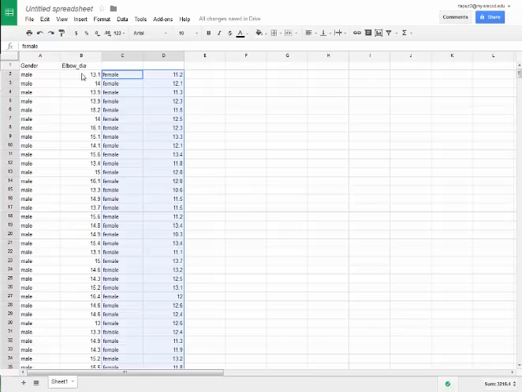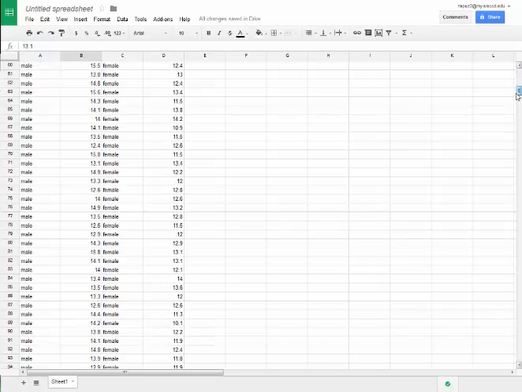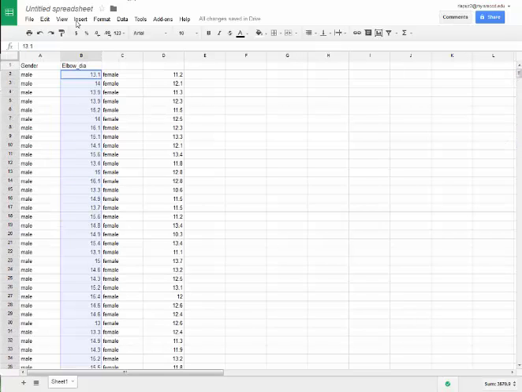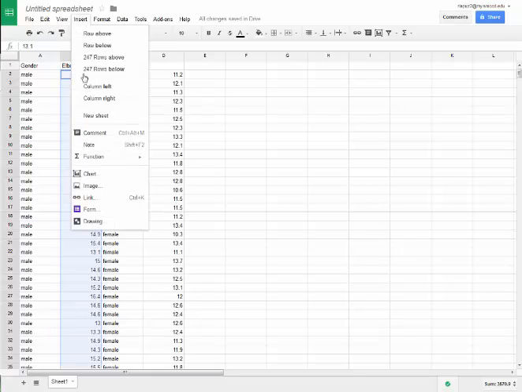So okay, let's first make a histogram for the males. I'm going to again click on that first data point for males, and I'm going to scroll down to see where my last data point is. My last data point is here. Now I'm going to hit shift again before I click on 14.5 here. Shift and then click, and that would highlight everything. So while everything is highlighted, I'm going to go ahead and insert my histogram. Insert chart,